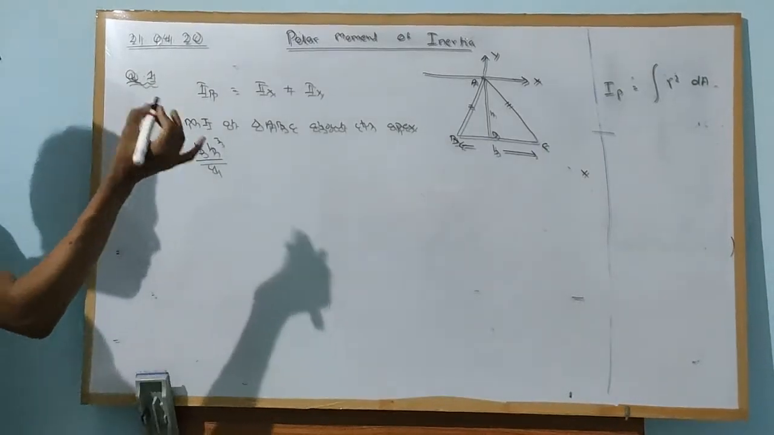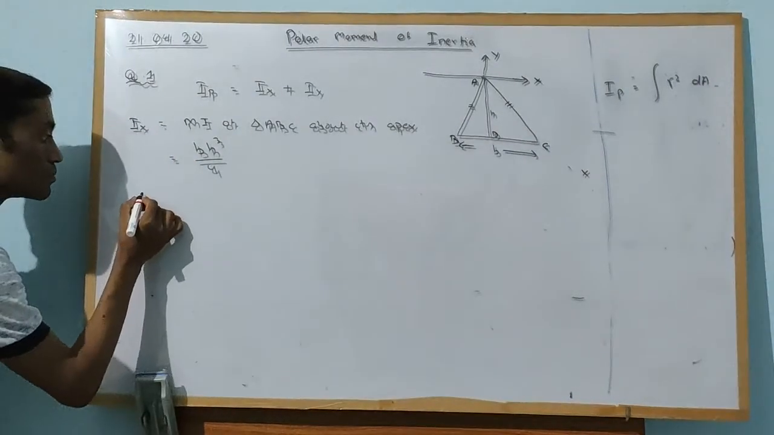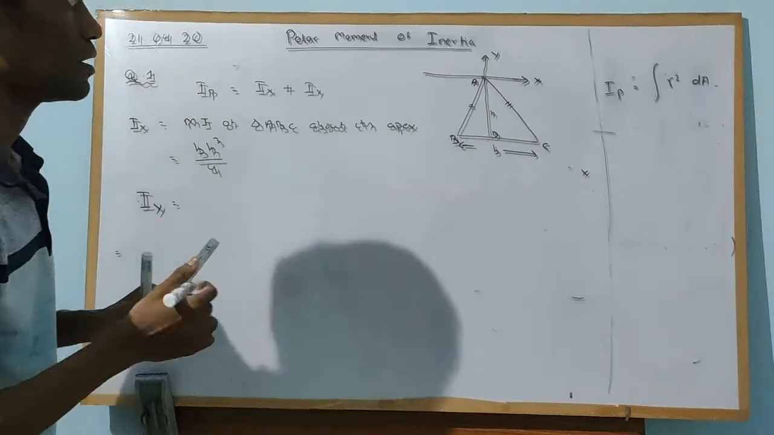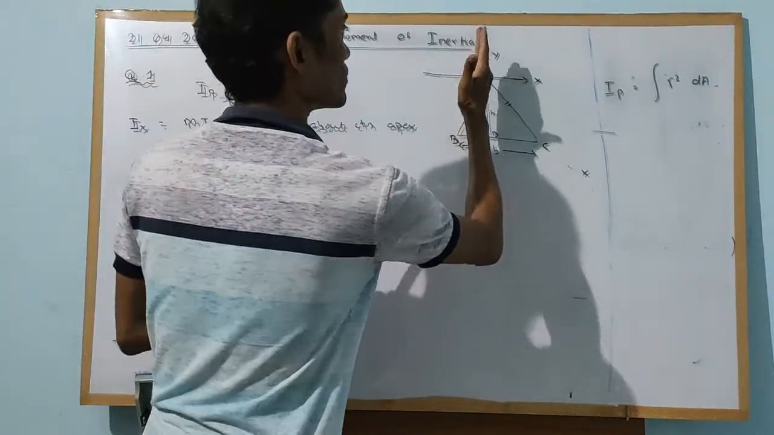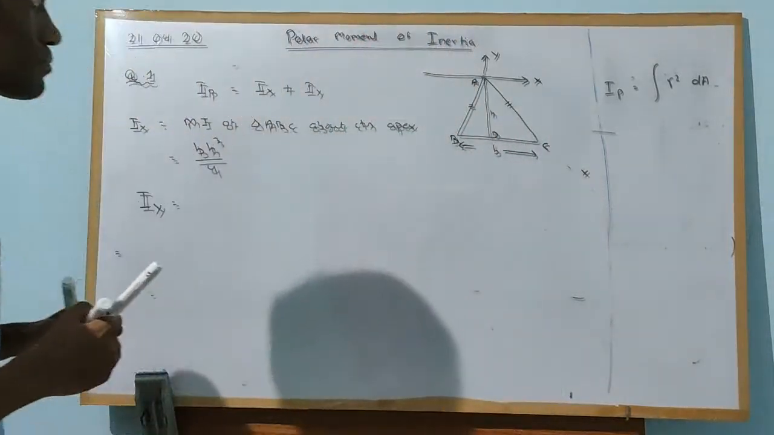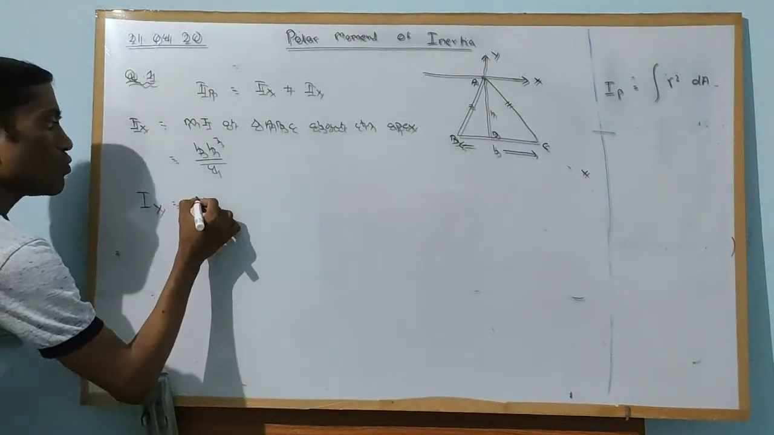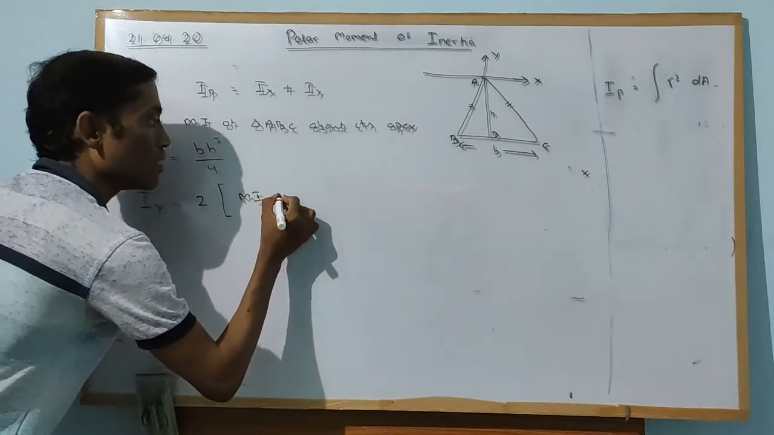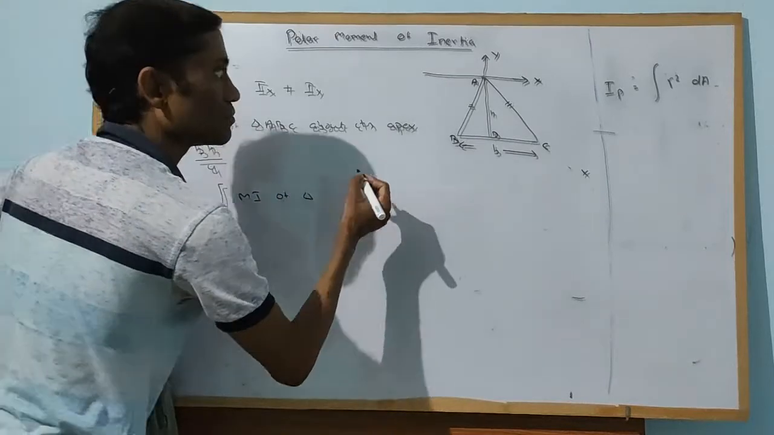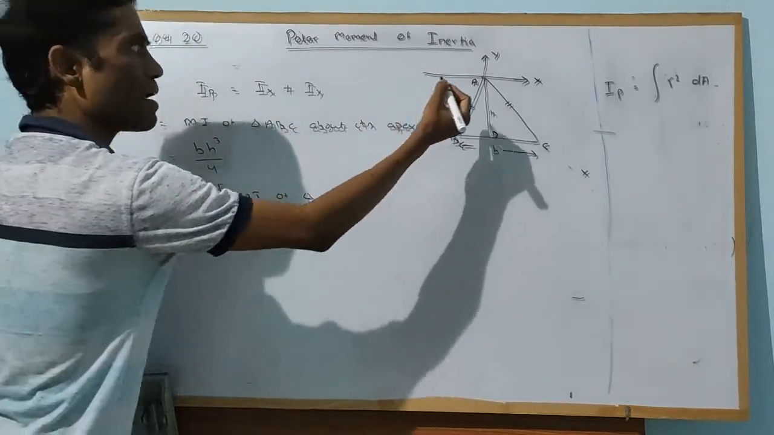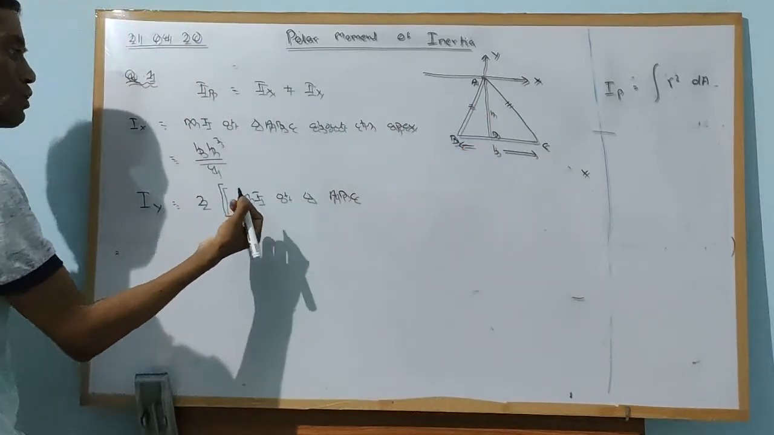Follow the class note of the previous lecture. Iy is this line. Can I write Iy is 2 into moment of inertia of triangle ADC or ABD? Both are the same, that's why I have written 2,